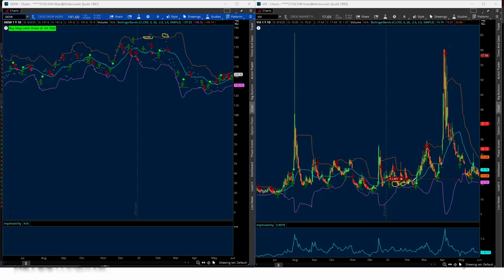This is what you would expect, not amongst the retail trading crowd, but amongst professional portfolio managers, hedge funds, the so-called smart money. They will use this to determine the most appropriate time to hedge portfolios. So when the skew index is high and the VIX is low,